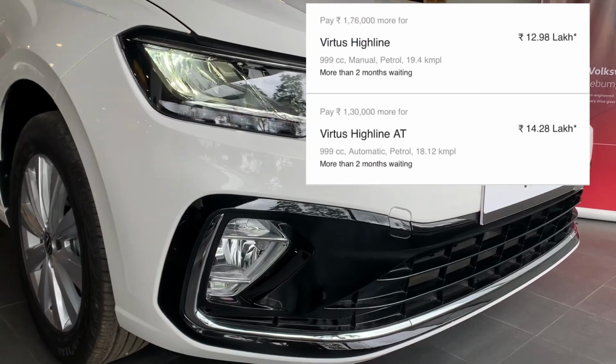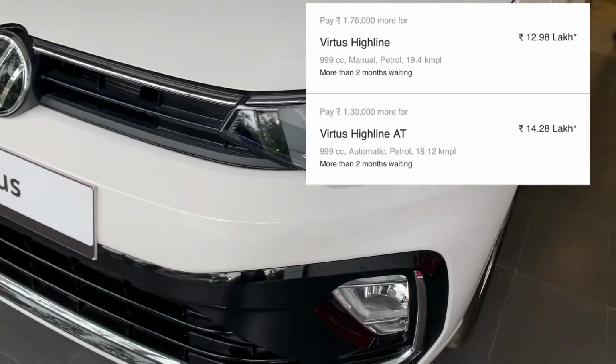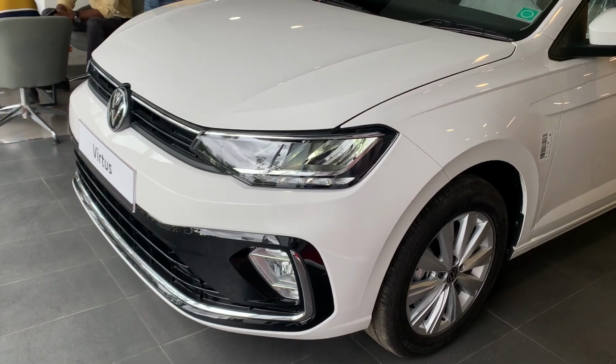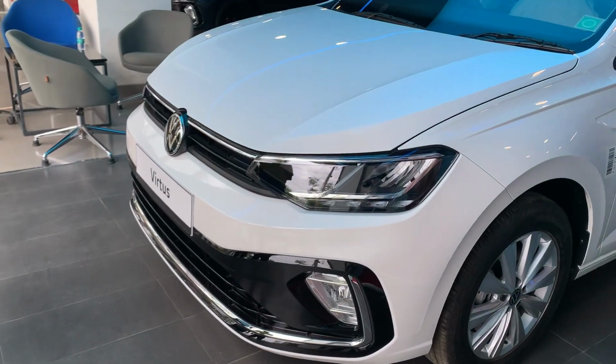The Virtus is going to cost you about 12.98 lakhs ex-showroom and 14.28 lakhs ex-showroom for the manual and automatic variants respectively. Now, if you're still a sedan lover, I'm sure this is the car for you to go. On a personal note, I will still pick the Volkswagen Virtus over the Skoda Slavia because of how it looks,